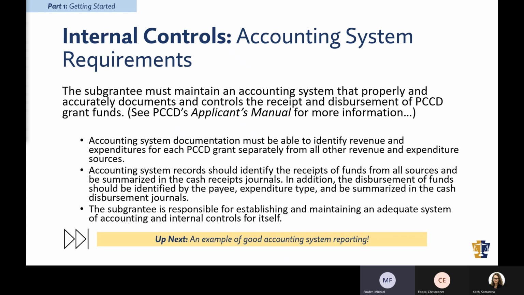In addition, the disbursement of funds should be identified by the payee expenditure type and summarized in cash disbursement journals. And last, that the subgrantee is also responsible for establishing and maintaining an adequate system of accounting and internal controls. And next up is an example of a good accounting system reporting.